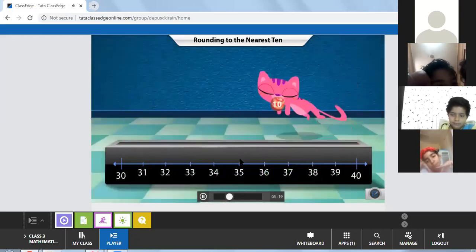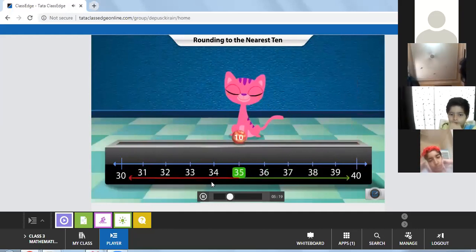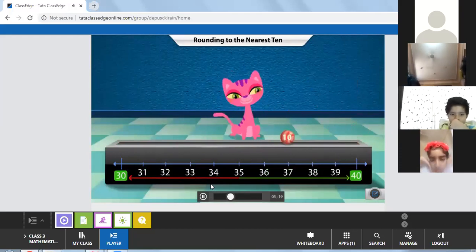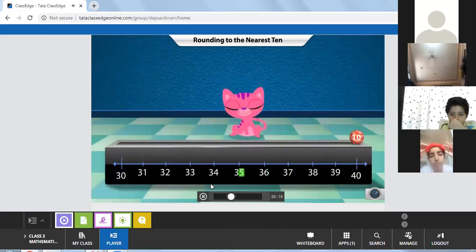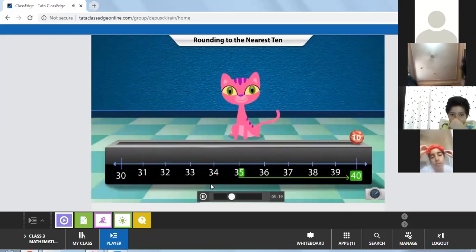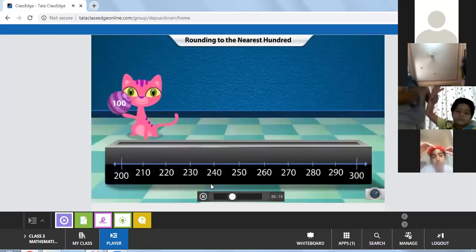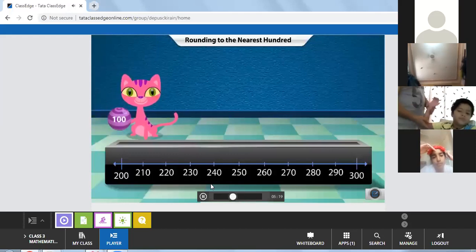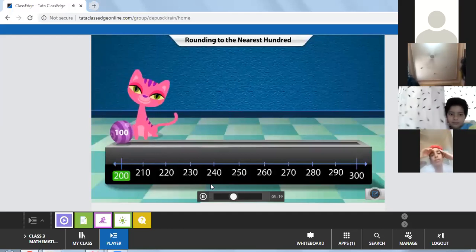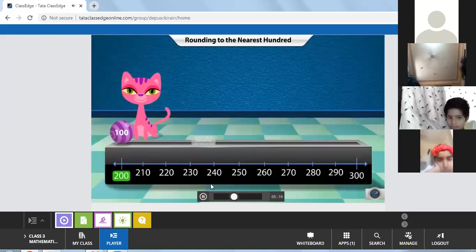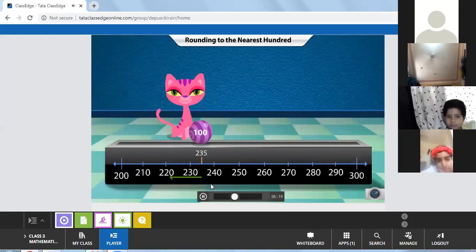But what happens when Catty places the ball on 35, which is equidistant from 30 and 40? Here, the ball rolls to 40. So, when a number ends with 5, it is rounded to the next multiple of 10. Now, Catty takes the rounding 100 ball. Can you guess what it does? That's right. It rounds the number to the nearest multiple of 100. 235 is closer to 200 than...